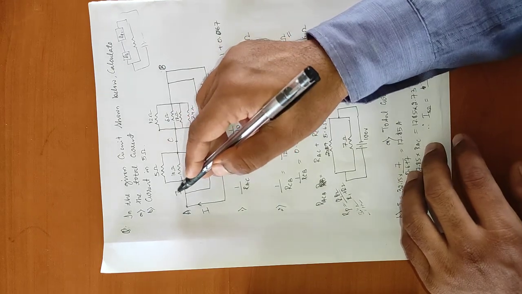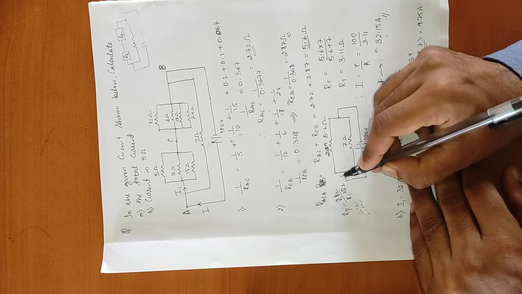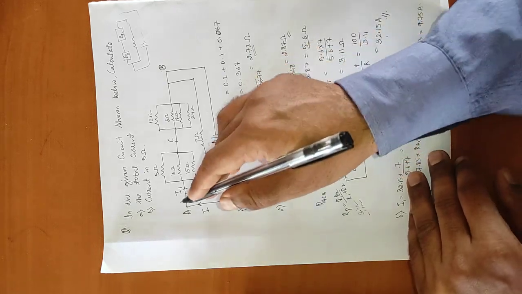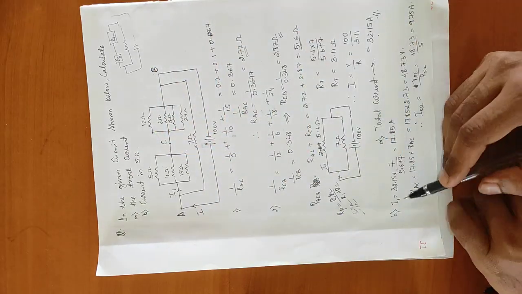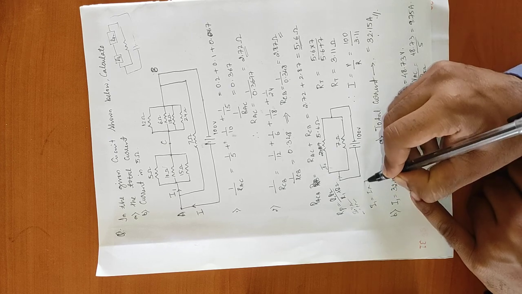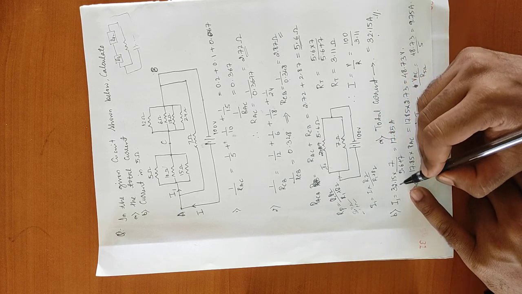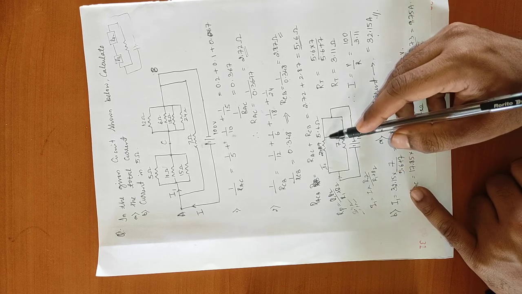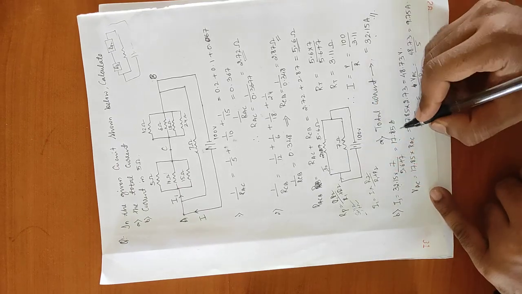So how do we calculate this value of I1? By looking at this figure, this is the I1 which is going to flow here in the whole parallel branch. So I1 is equal to I into R2 divided by R1 plus R2. Here the value of I is 32.15, the value of R is 7. Therefore divided by 7 plus 5.6. So the answer is 17.85. So the value of I1 is 17.85.